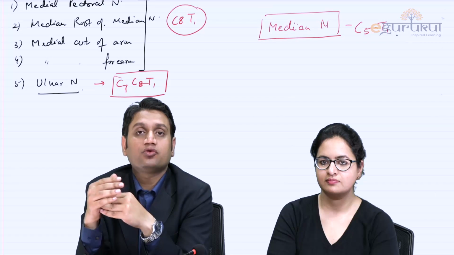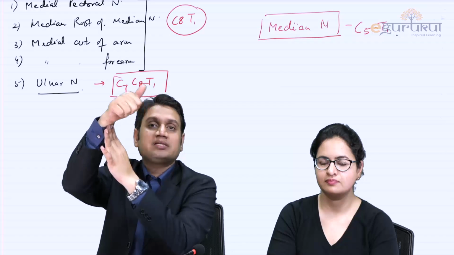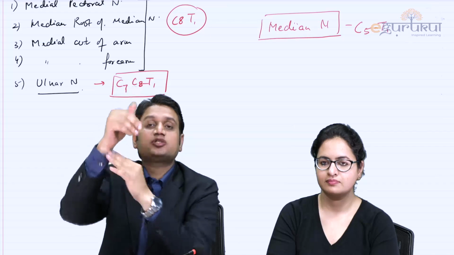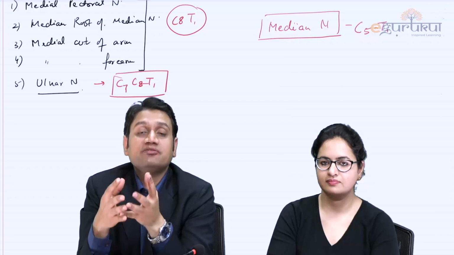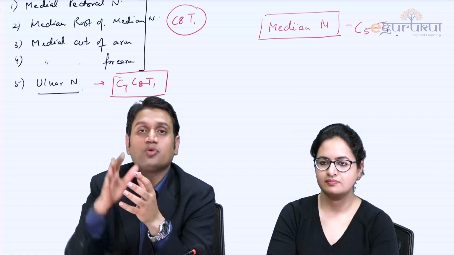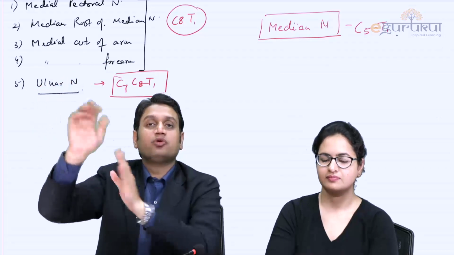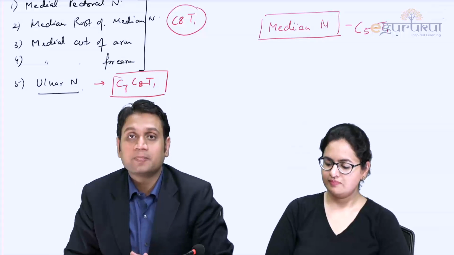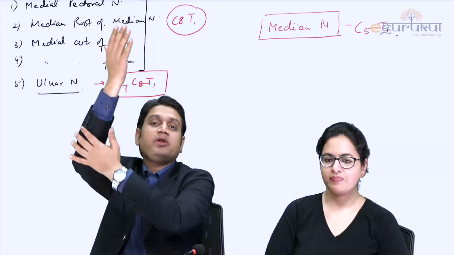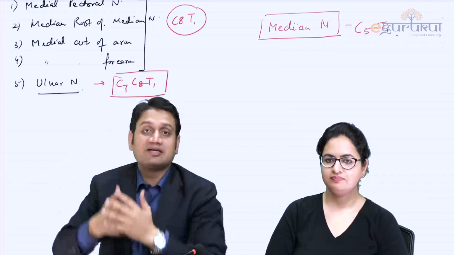And what joints do we have below the forearm? One is the wrist, one is the thumb, and third is the fingers, right? So whenever somebody with a median or ulnar nerve injury comes, manifestation will be seen only at the wrist, thumb and fingers, only three. No shoulder, no elbow, nothing, zero. It becomes very, very simple. Okay. The backside all belongs to the radial nerve that we are just going to discuss after that.